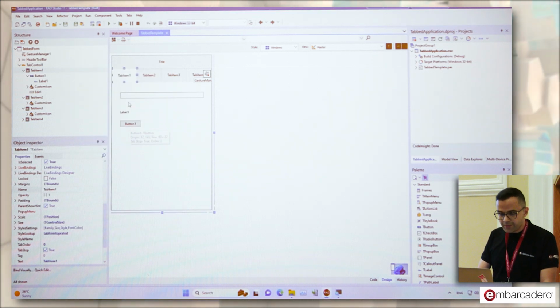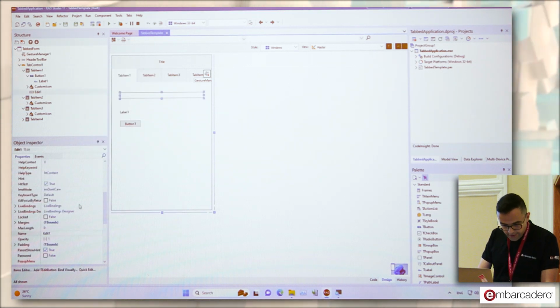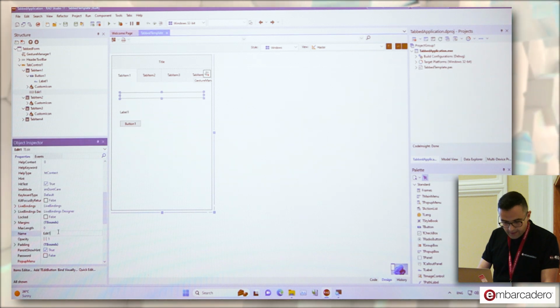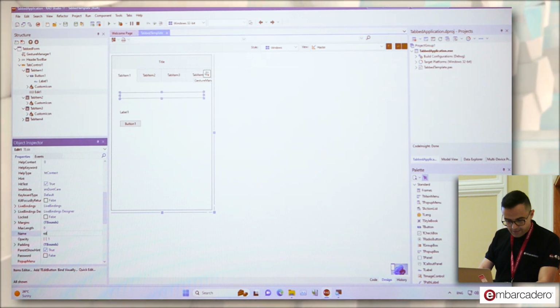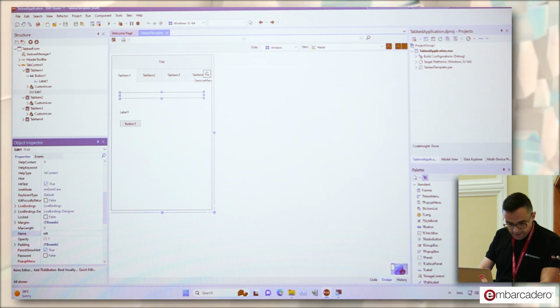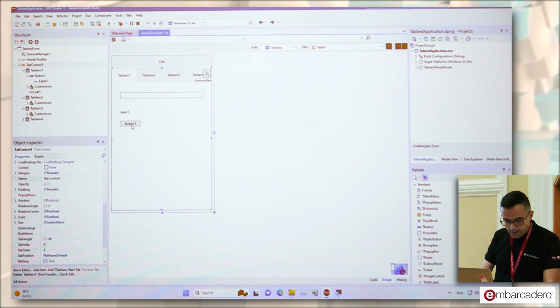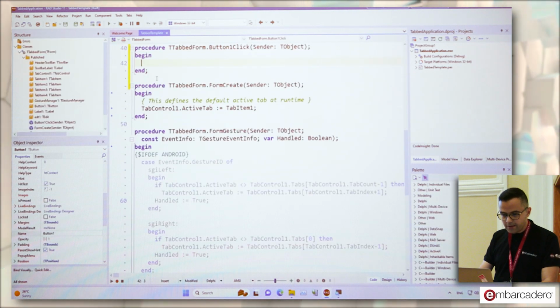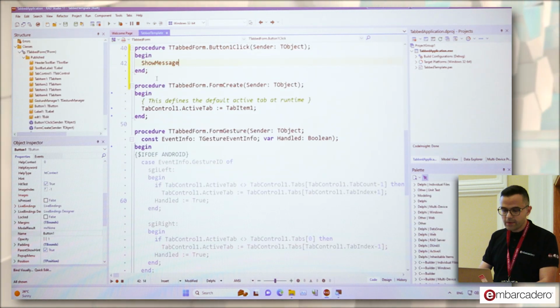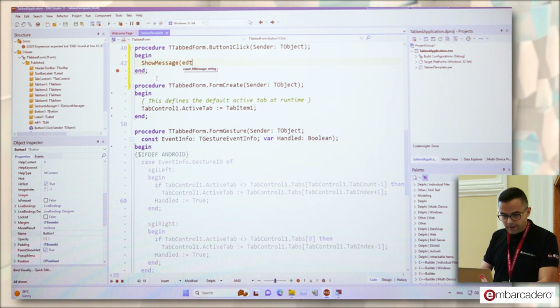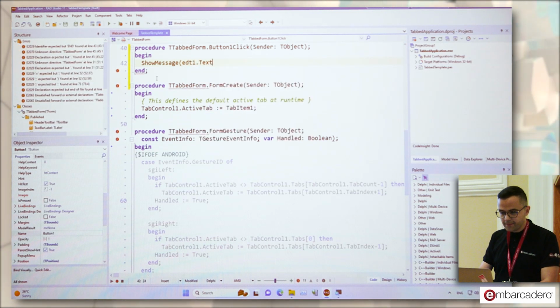Let's code something. Let's name this edit, for example. I'm doing this very nastily, so don't do it as I do in the future. Let's call it Edit1. And I'm just going to show a message with the Edit1 text.